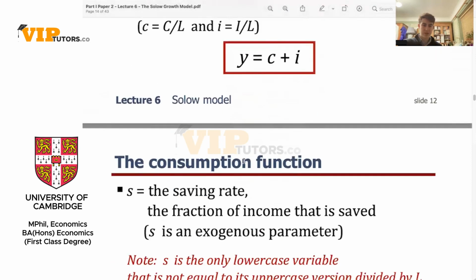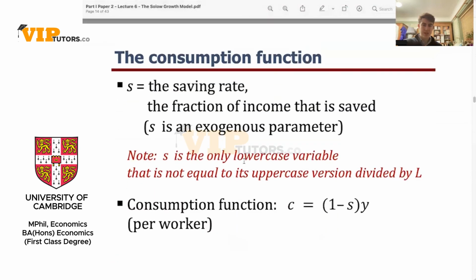Now, if we move further down, we then consider one final thing, okay? Each person makes an income y, right? Now, they save some of it, right? There's a saving rate. Now, we assume that this is exogenous. In other words, we assume we have no control over it. It is determined externally, right? In other words, think of it like the weather, okay? We don't have control over it.